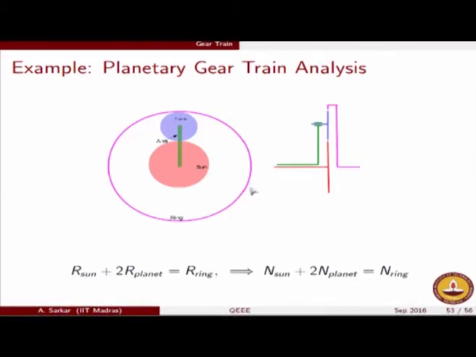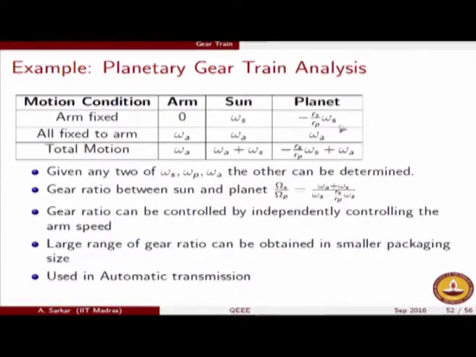The relative velocity, in the first line, what we have done is we have analyzed the motion from the perspective of an observer who is fixed to the arm. And in the next line, therefore, we are adding the motion of the arm itself, so that finally we can evaluate the motion of the entire system as observed by an inertial observer.